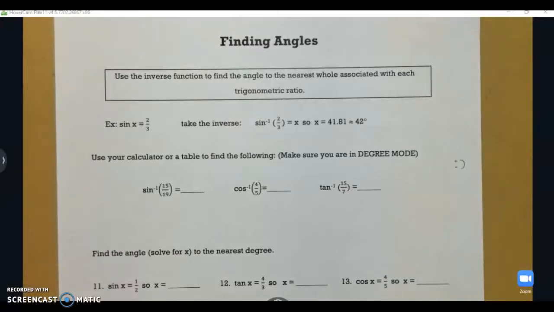And welcome back to day 2 of Trig. Today we are going to be using Trig to find missing angles. So last time we used Trig to find missing sides. Today we're going to find missing angles, and we do that by using the inverse trig functions, which are buttons